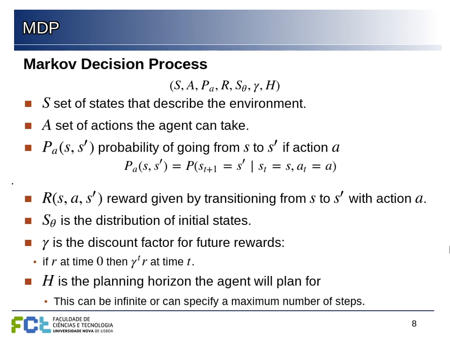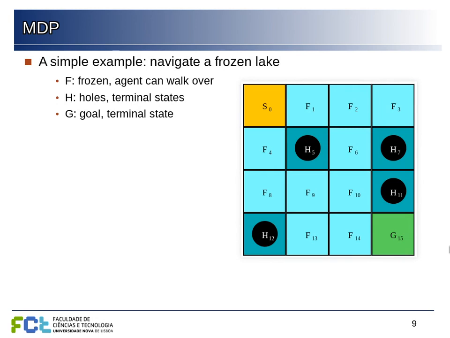And then we have this parameter here, which will be the planning horizon, the maximum number of steps that we can consider infinite, or in some situations we can have a limit on the number of steps. So this is what we need to define this Markov decision process, and this is an example here.